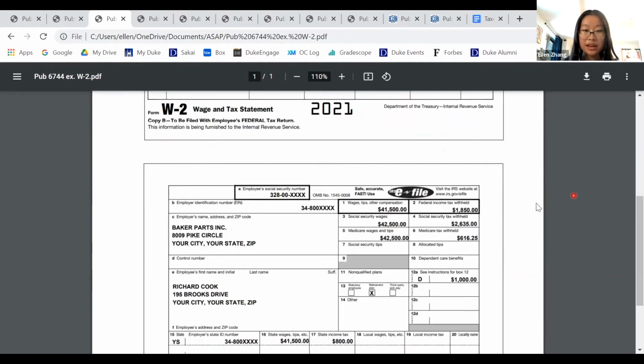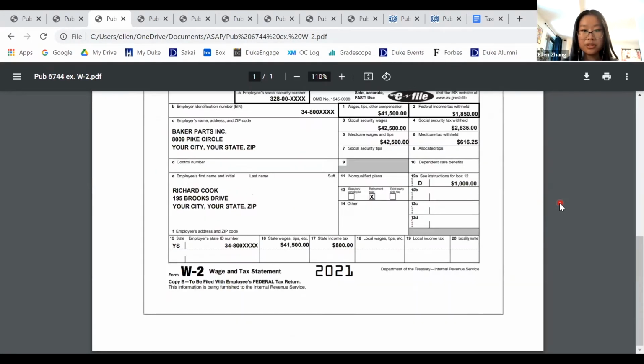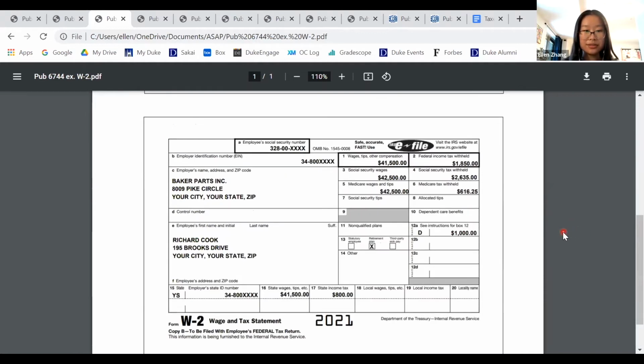but if we scroll down a little bit more, I have put a second example of a W-2. This one is a little bit different. We can automatically see that boxes 1, 3, and 5 are not the exact same like they were in the previous example. The reason why boxes 3 and 5 do not match box 1 is because of box 12A here,